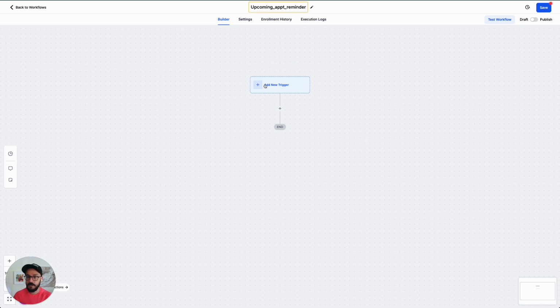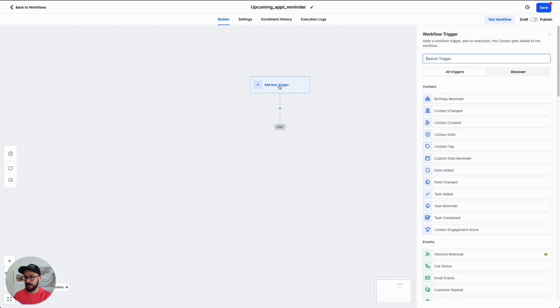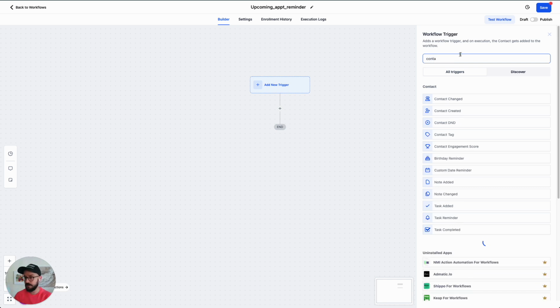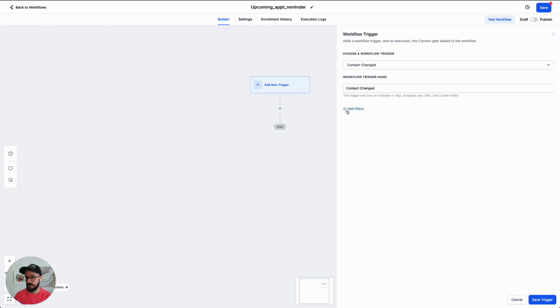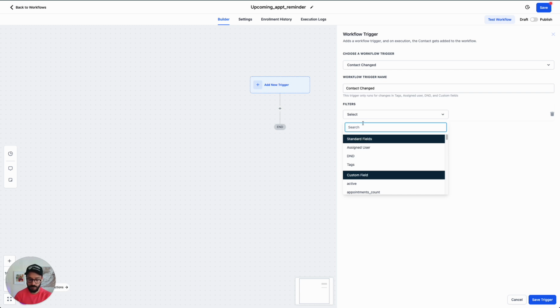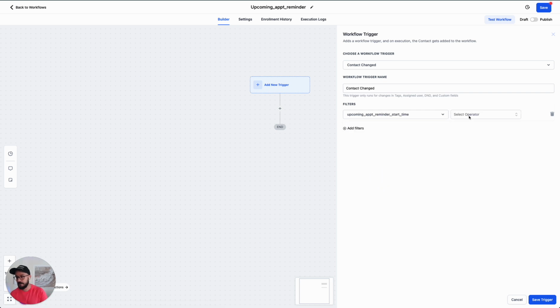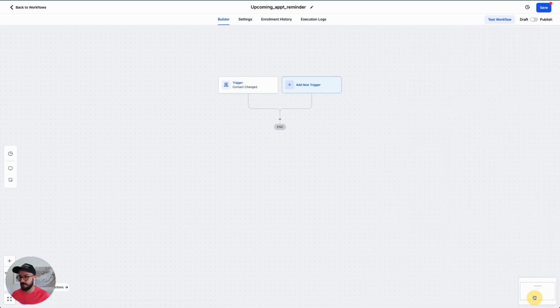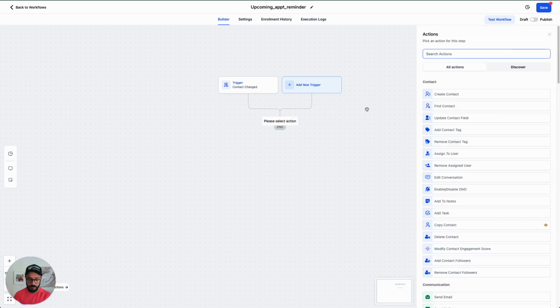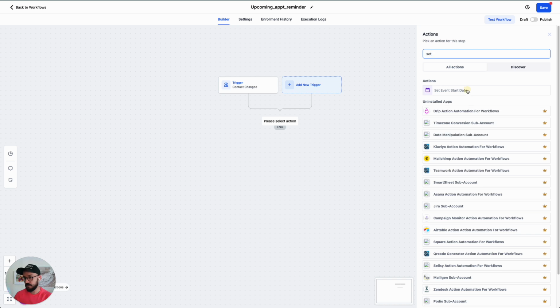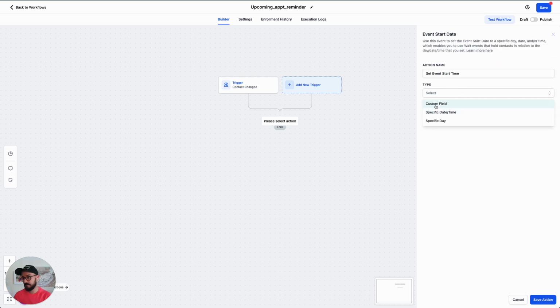Anyway, what you can do is click on add a new trigger, and what we want is contact changed. On the contact change we want to put this filter, which is going to be upcoming appointment reminder start time. So you click on that and you just say if it's changed to, you save the trigger, and then we're going to set an event start date, and the type is going to be a custom field,